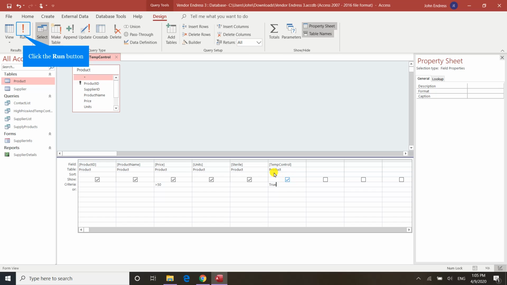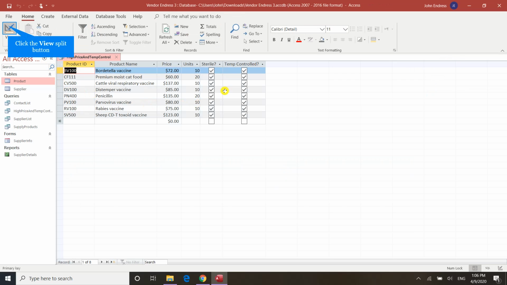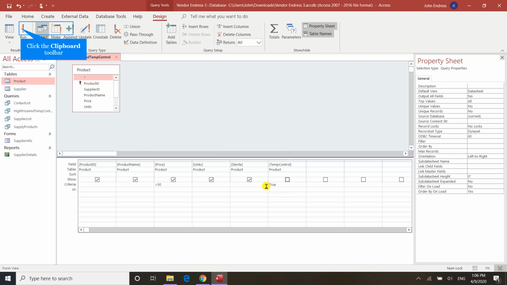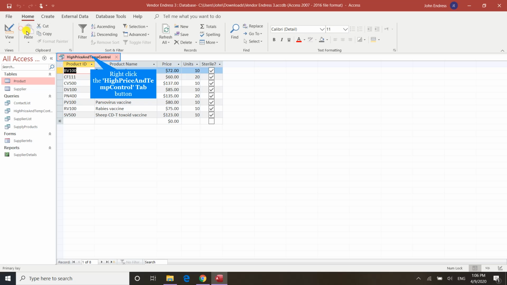I'm going to leave this on for the first try. I want to see what it shows me. All right, they are all temperature controlled, and these prices are definitely all higher than $50. And then I'm going to go back to the design view, left click here, and I don't need to show it. Run it, save it,